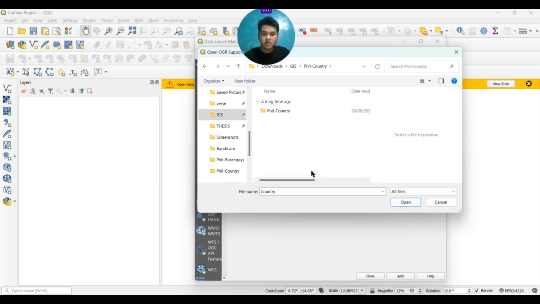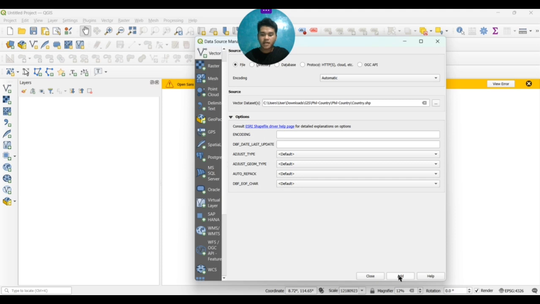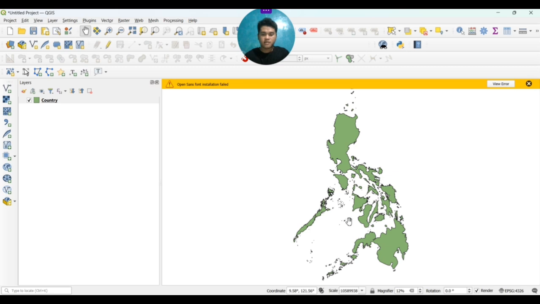First and foremost, you click your country or the map of your country, and then look for the SHP file. I just double click it or open it, it's up to you. Once you open it, add it before you close. So close it, and the map is already there.